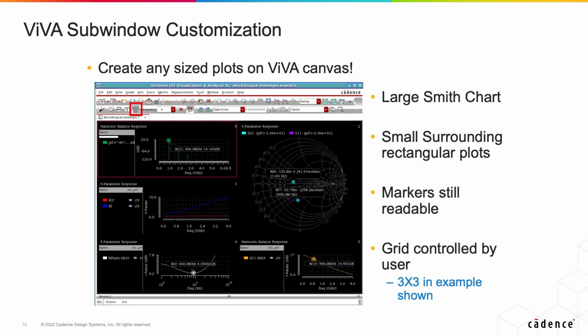And then something that is good for writing your reports, especially a lot of our commercial customers use it for design reviews, is we have customized plotting templates. You can say, what kind of grid do you want? You can have 3 by 3, 4 by 4, 2 by 2, whatever it is, or you can actually say, I want this one to be stretched over 2 windows because I want my Smith chart in there. So you can have a combination of rectangular and polar and Smith charts, and this is very good for